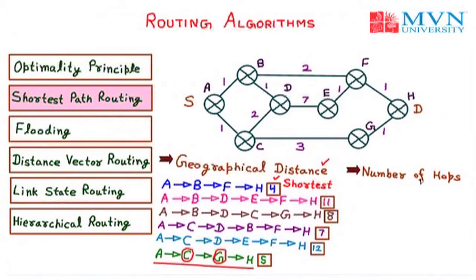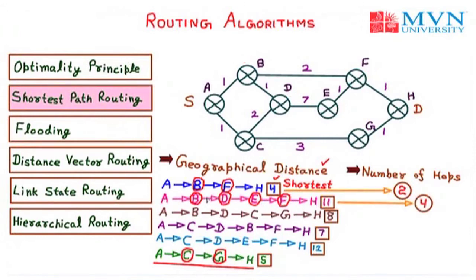So we will start with the first path. In the first path we have from A to B, that is the first router, then B to F, again a second router, so we have to cover 2 routers between them, so we will write 2. So between A and H in the first path we have 2 routers. Then in the second path we have the in-between routers B, D, E and F. So in the diagram we will see in the path we have B, then D, E, F. So the total number between A to H is 4.